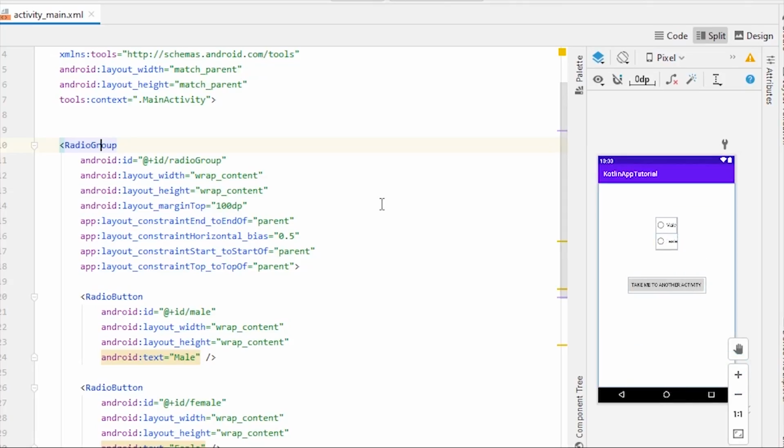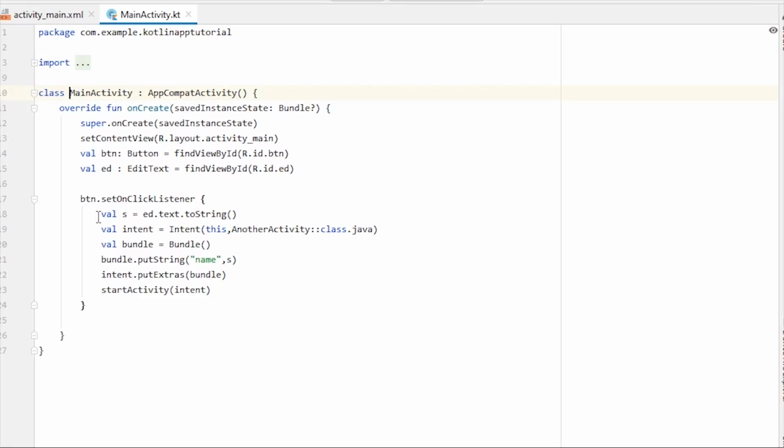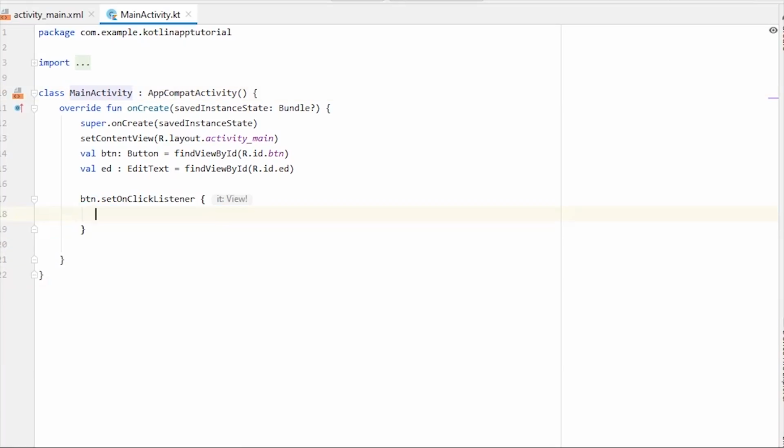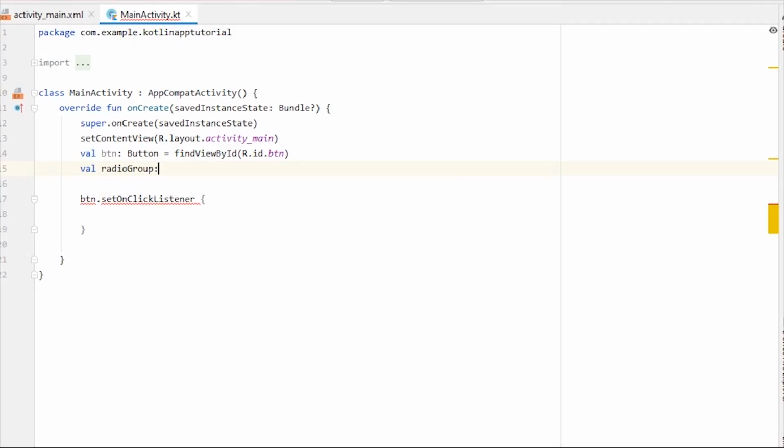So now let's go to our Kotlin file, and we don't need this intent, so let me just remove this code for now. We don't have this edit text anymore, so we don't need it as well. So first of all we'll need a variable for our radio group. So radio group, and we'll have to initialize that with find view by id. Radio group of type radio group,